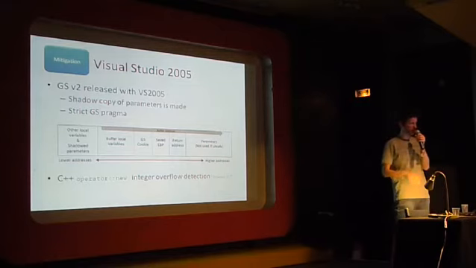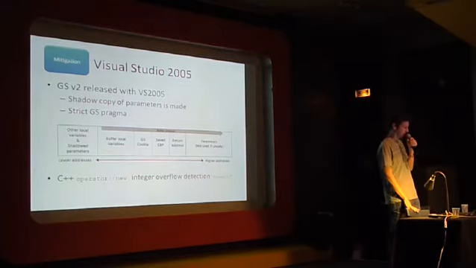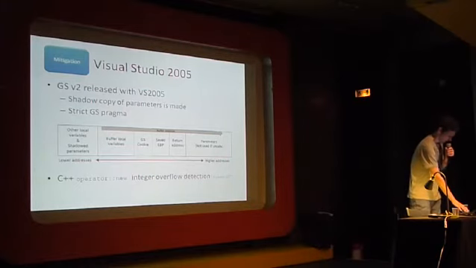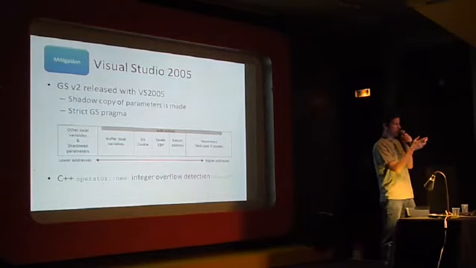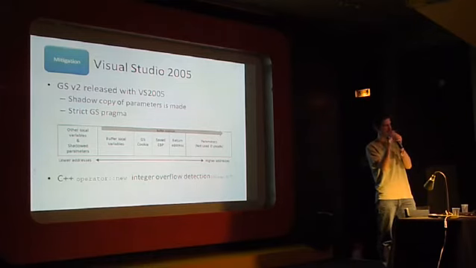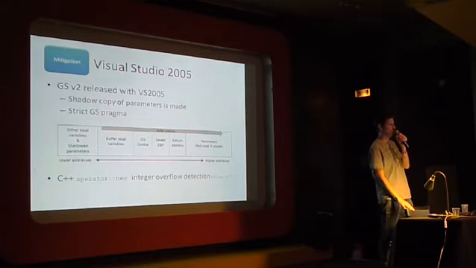Strict GS was a pragma that made GS very aggressive and protected a lot more functions. We'll come back to that. Which has a number of vulnerabilities associated with people using the operator new. So you would allocate n objects of size s, say, with new, and the actual total size of